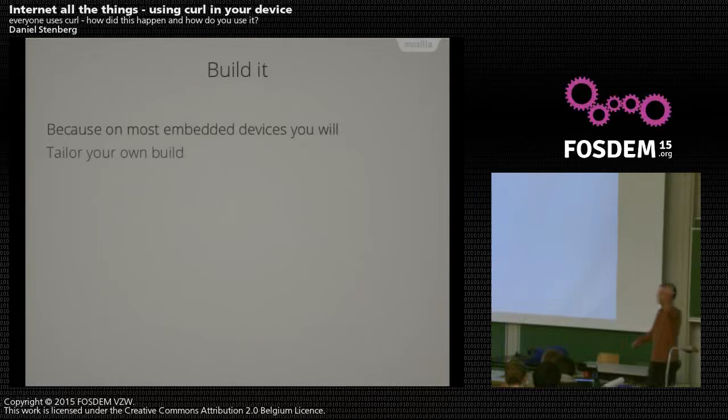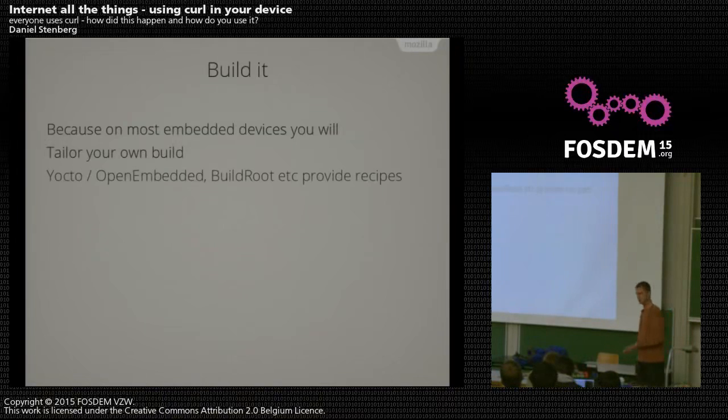And then, as with any decently old open source project, you have a bazillion different configure options. So you can basically tailor it to do whatever you want and not do whatever you want. But you build it. And you have a lot of these embedded build environments like Buildroot and Yocto and OpenEmbedded and so on. They all have recipes for doing this. Many of them will also help you build it with your TLS library backend of choice. Right, all Linux distros have binary packages and so on, so that'd be easy.